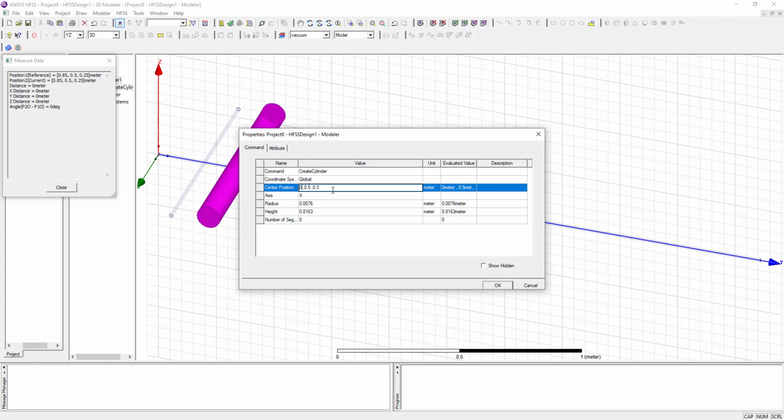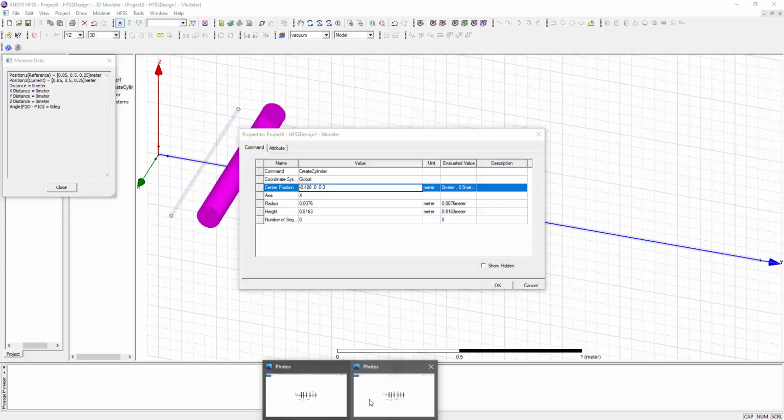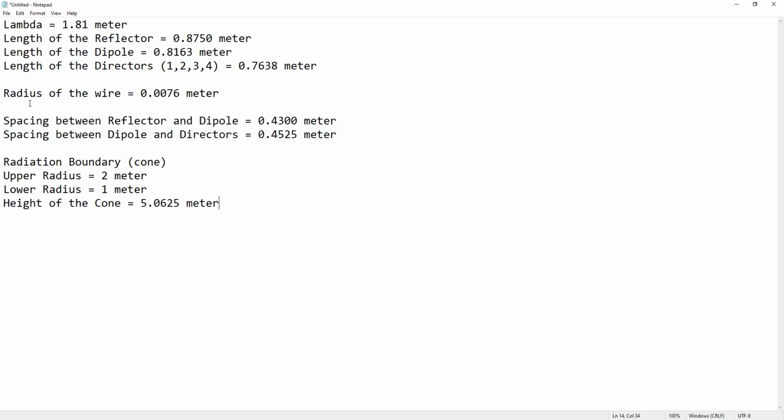Now for the symmetry, set the X position as half of the height with the minus sign, which is minus 0.408, half of the 0.8163. My Y position will be the spacing between reflector and dipole, 0.4300 meters.